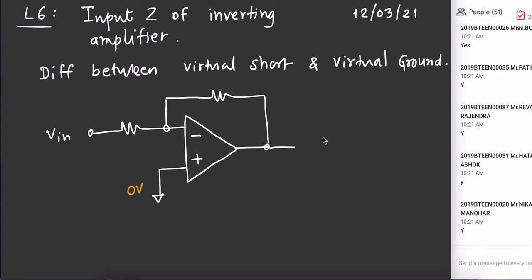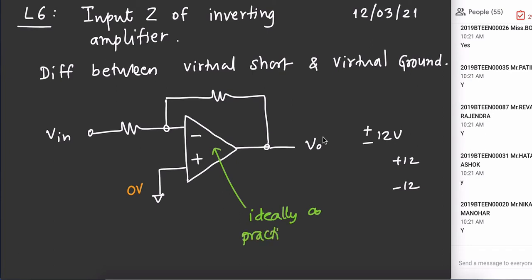Now, because the op amp is producing V output and it is in the range of supply voltage, typically say plus minus 12 volt, even if you consider the worst case, that is plus 12 or minus 12, this plus 12 minus 12 divided by the op amp's own gain, I say op amp's own gain, not circuit gain, op amp's own gain, which is ideally infinity, practically very high, of the order of 100,000.